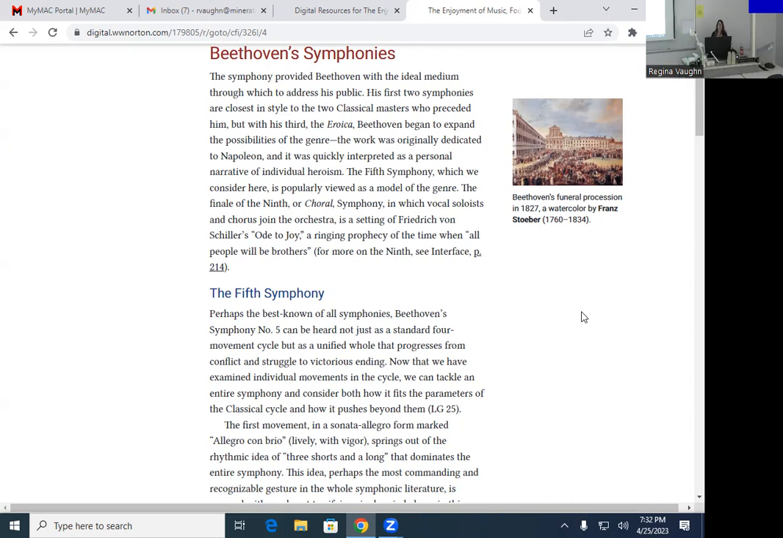And so when you have the color palette of the orchestra and all these different musical sounds available to you, you can create things that are perhaps more expanded and even perhaps more interesting because you have all that availability. His 3rd symphony, the Eroica,